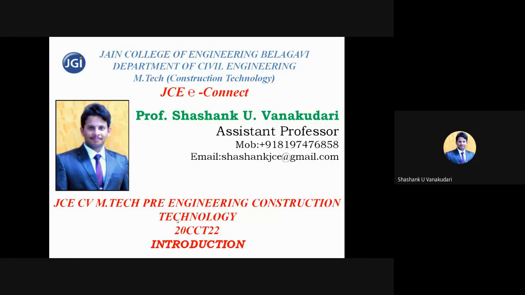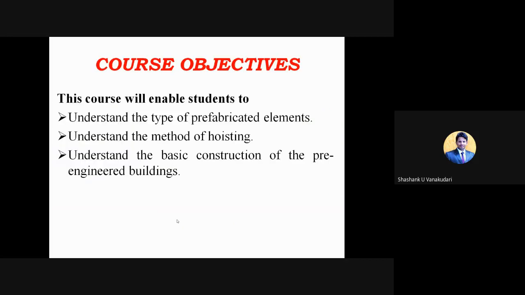Whatever building you are going to construct, in that particular building, so many structural elements will be there. For example, column, beam, slab, flooring part, right? And then windows, doors. So everything will be pre-constructed. Means in a particular construction site, they are going to manufacture these elements, and as per the design concepts, they will bring those structural elements to the required location, and they just go on installing those elements at the required place, right? So here it's just like the introduction about that, and here the course objectives.